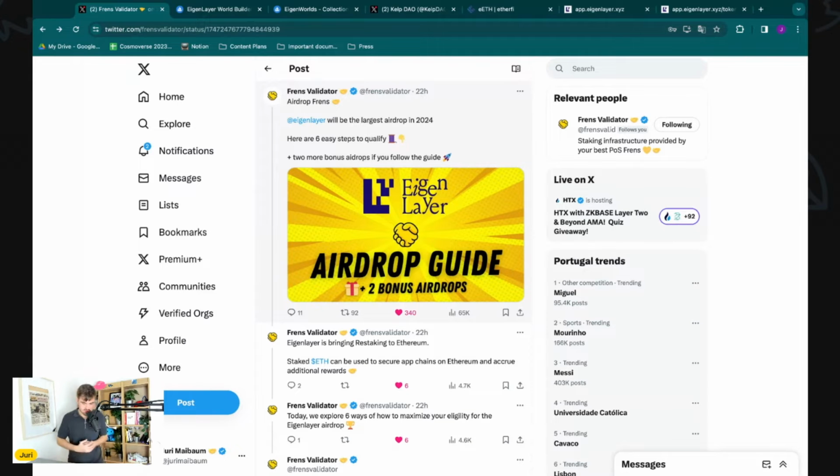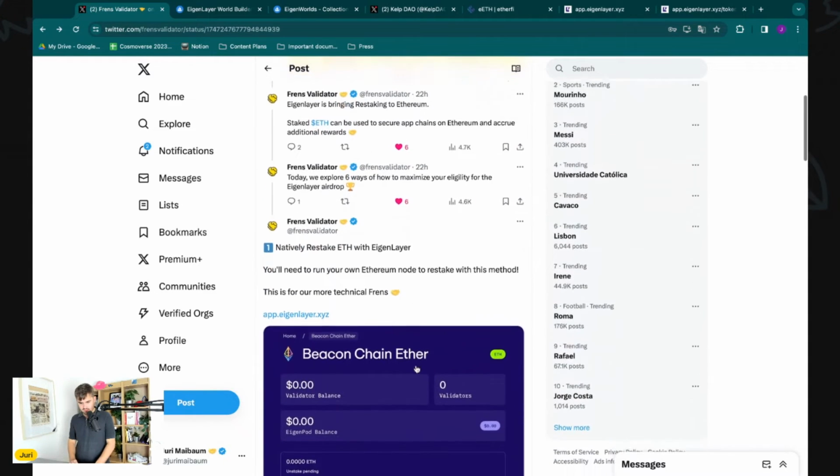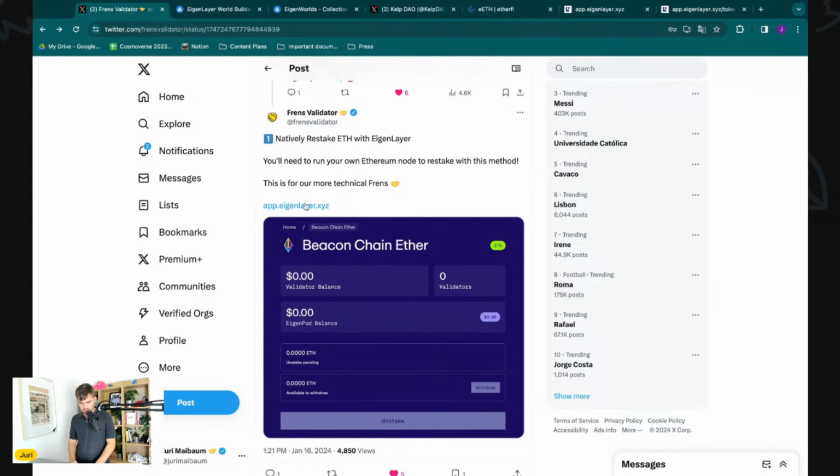So the first thing you have to do is go to the FRENS VALIDATOR Twitter profile and then go to this thread. Of course, the link is in the description as always. And then, just have a look at this thread because this is a step-by-step guide. So the first thing you can technically do is you can go to